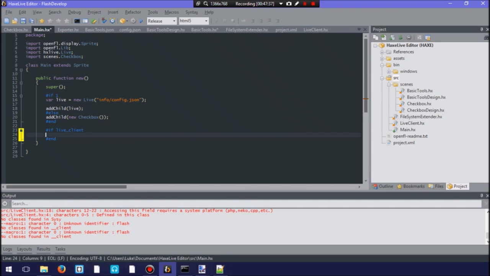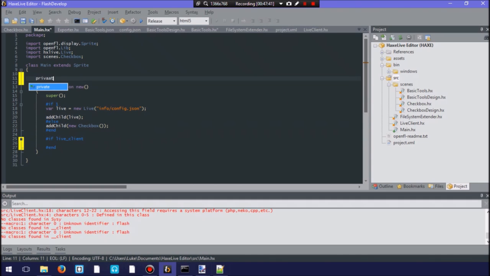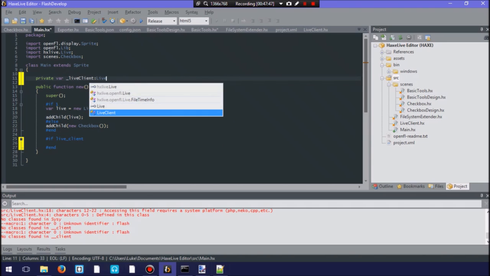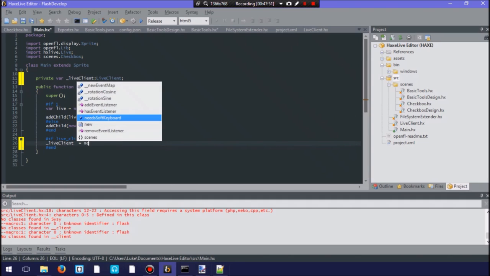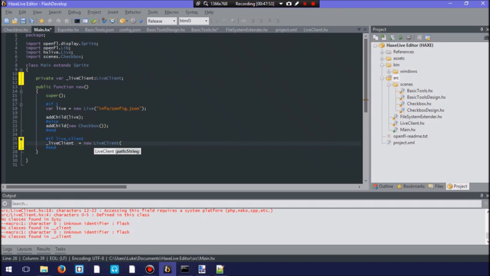So when we go into here, we are going to have a live client, which is going to be our live client here. We're going to initialize that, and we want the path to whatever we're getting from the